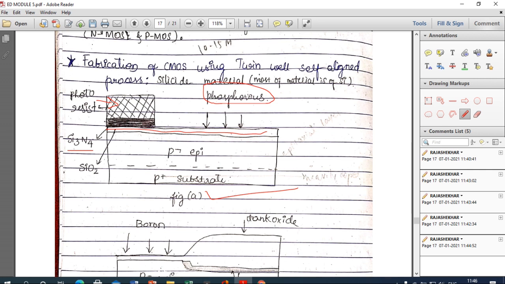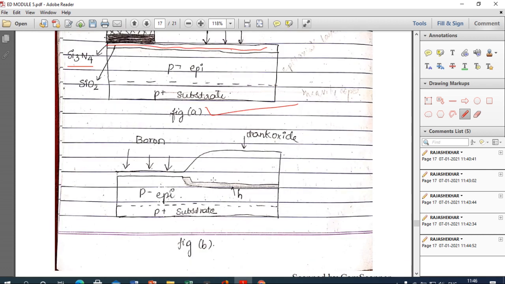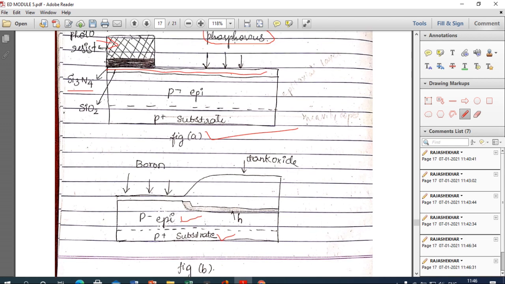Now we will move on to the next, that is figure B. In this figure B, what have I shown? I have shown a P plus substrate as it is, and the P epitaxial layer as it is. The only change is that here we have implanted phosphorus, and here we have shown the tank oxide.